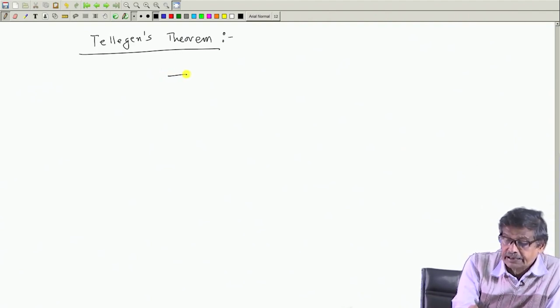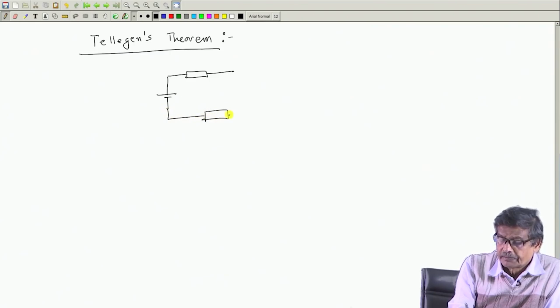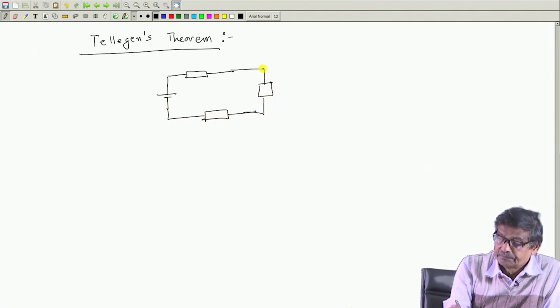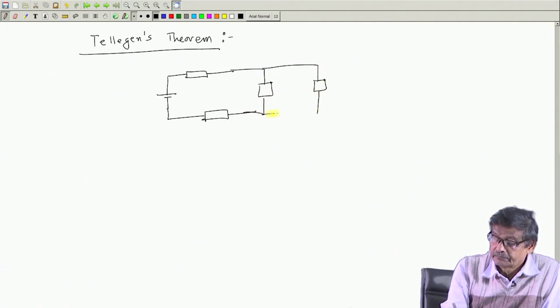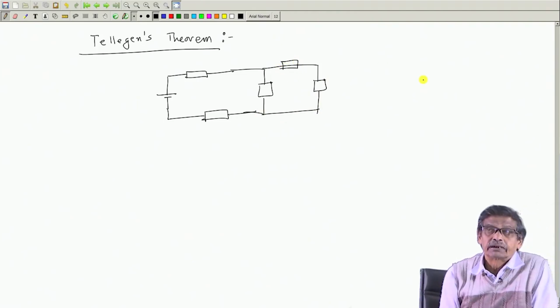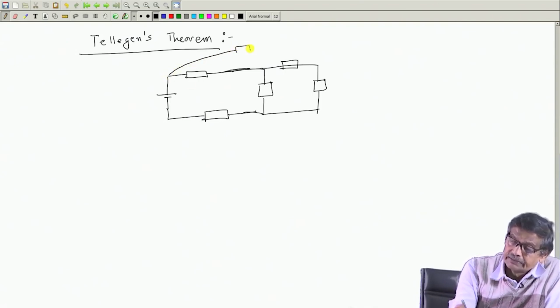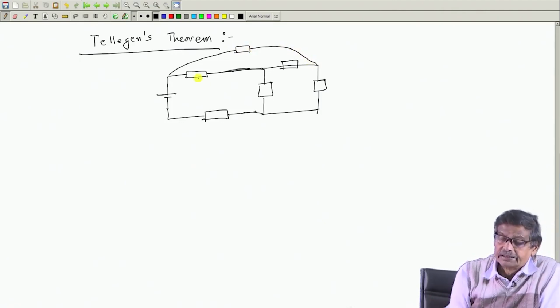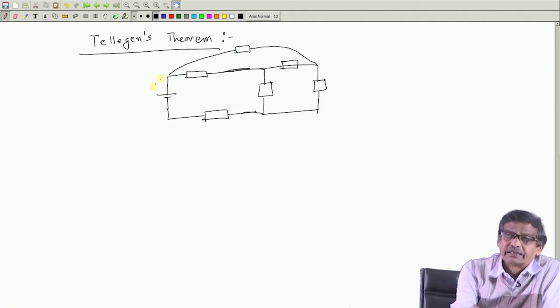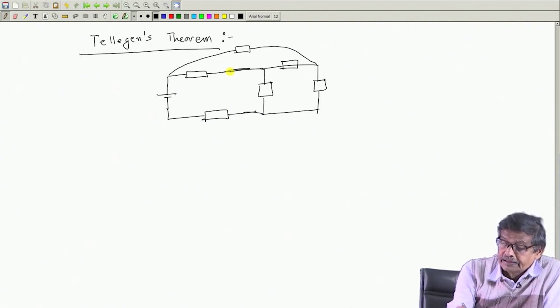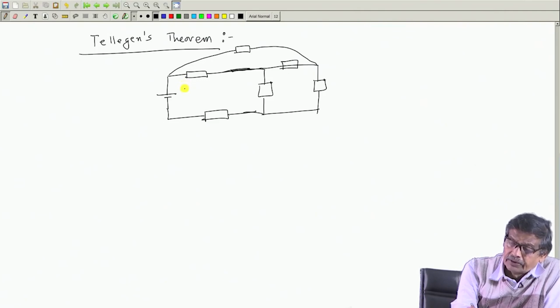to recall that in any network there may be sources, there may be several impedances connected like this. Suppose you have a network like this, then in this network there will be several elements connected, and you can have other elements connected here in between these two. Suppose you are considering this network. These elements could also be sources, this is another element, another source here. But whatever it is, in this network, suppose I say the voltage across each element, I will call it some values, say V 1, voltage across this element V 2,